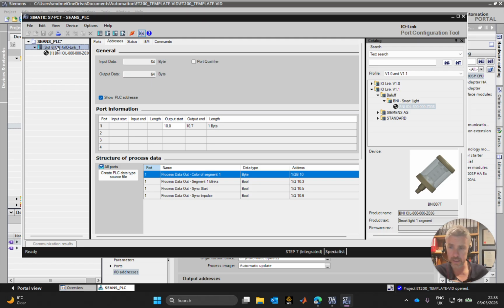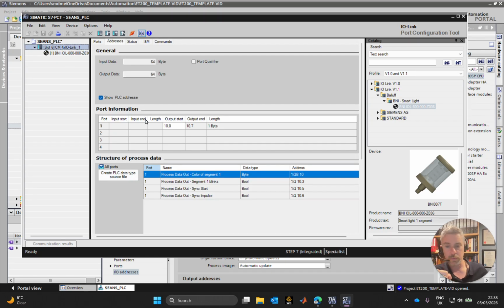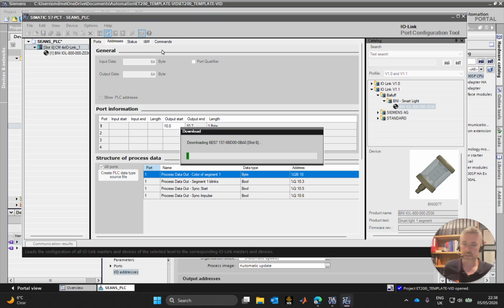And what I do is I select on the IO-Link master, same as I would normally select onto my PLC folder, and I would click download. So I'm going to click this one here. I'm going to load with devices because I want to load in the configuration for not only the IODD, the parameter configurations and selections for the device, but I also want to load in the port and the address data for the communication module. So I'm just simply going to click download with devices here,